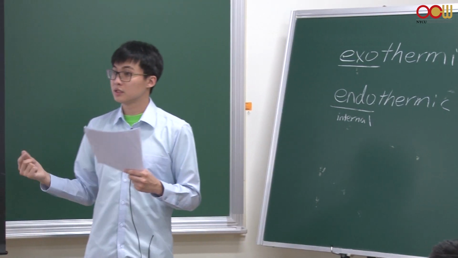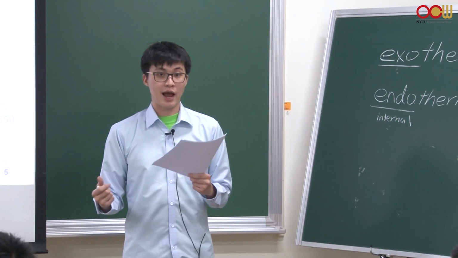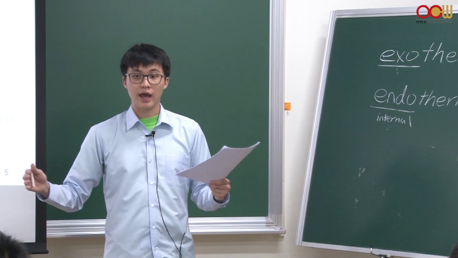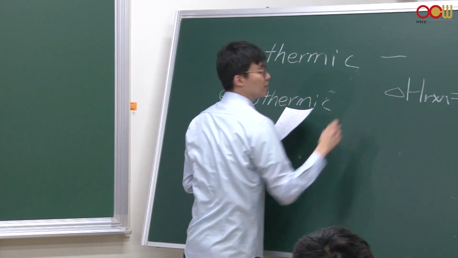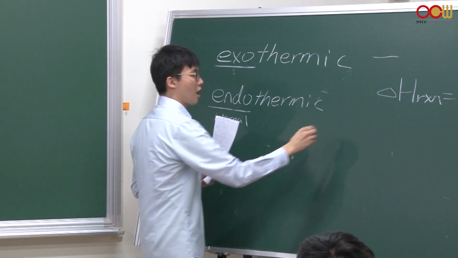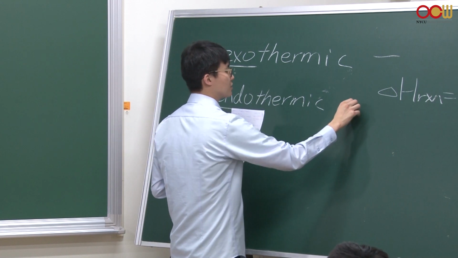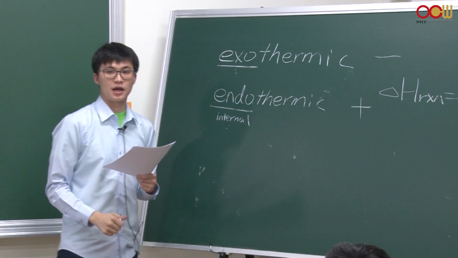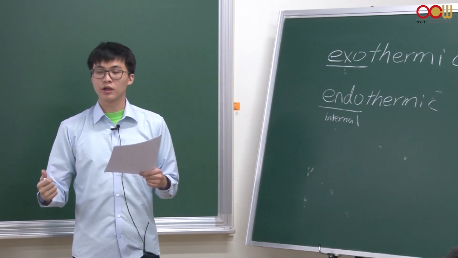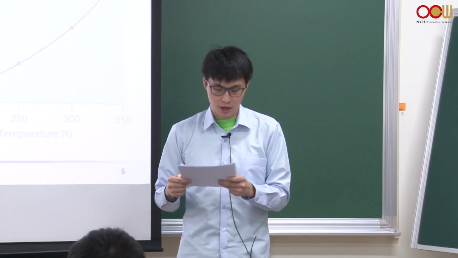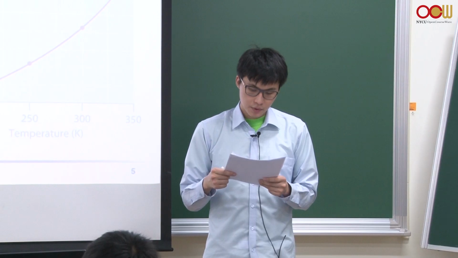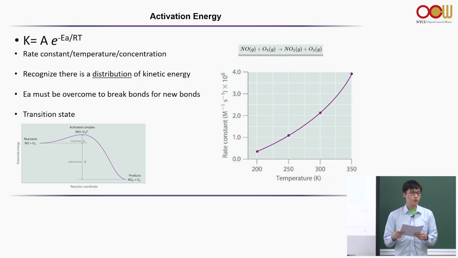When we see an exothermic reaction, because you're releasing energy to the surrounding, it has a negative sign, okay? So the opposite process will be a positive sign. So it really depends on what you're looking at. And now we will care about our chemical reaction system. All right, so how would you obtain activation energy?